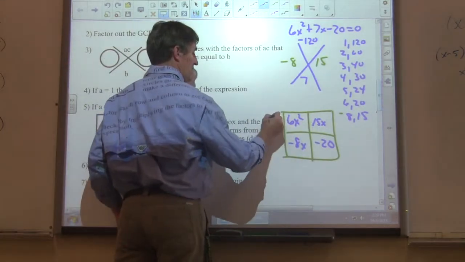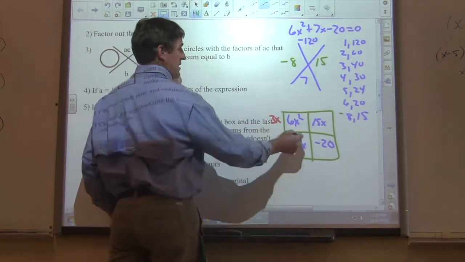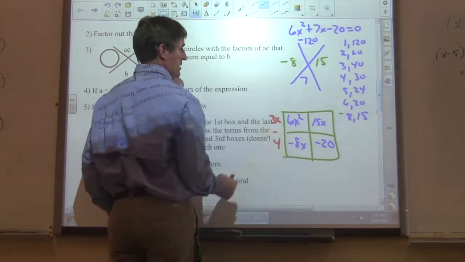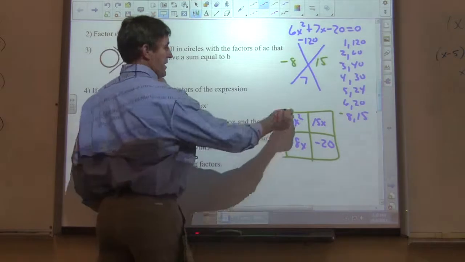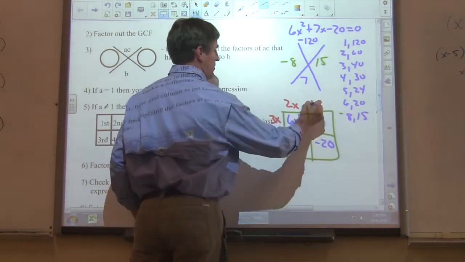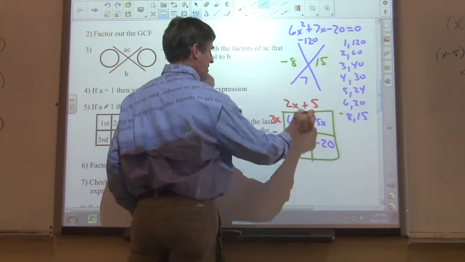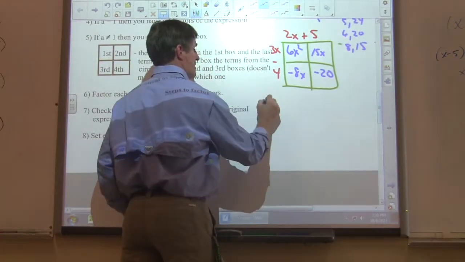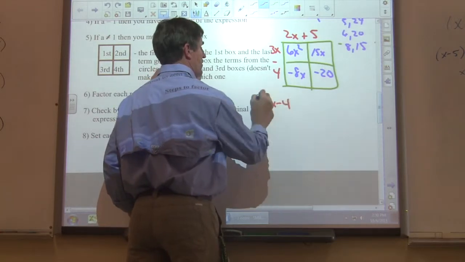6 and 15 is a 3x. 8 and 20 would be 4. Minus. Here, 6 and 8 would be 2x, and 15 and 20 would be 5, and your first box is positive. So we get for our factors 3x minus 4,